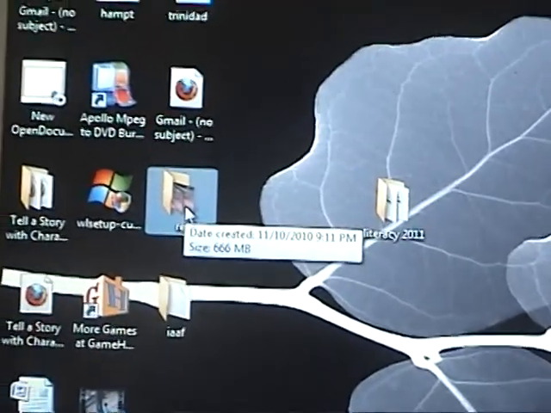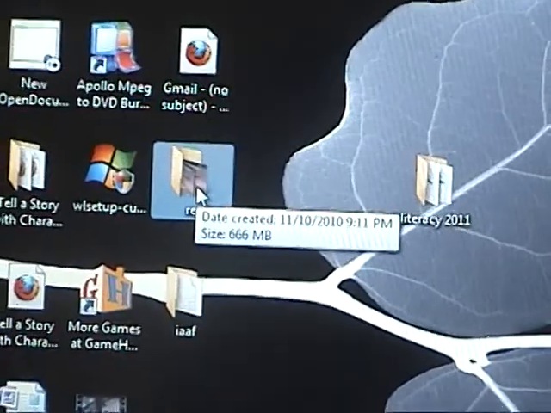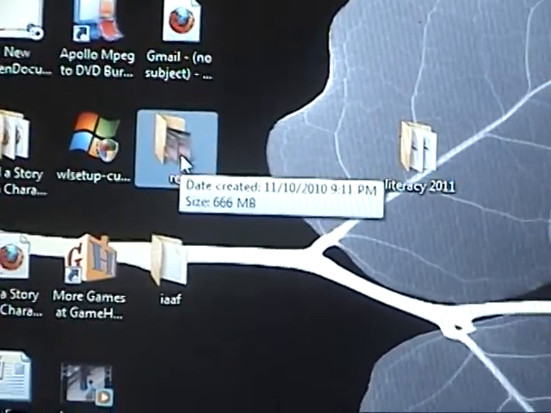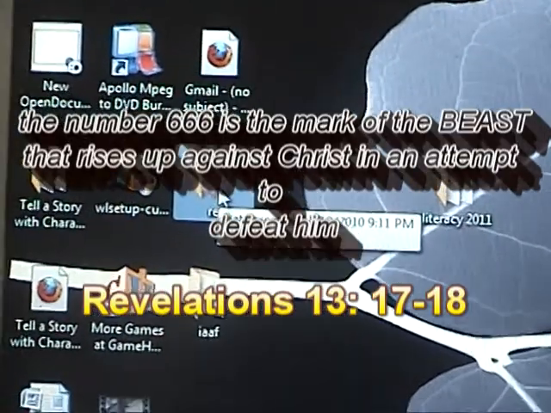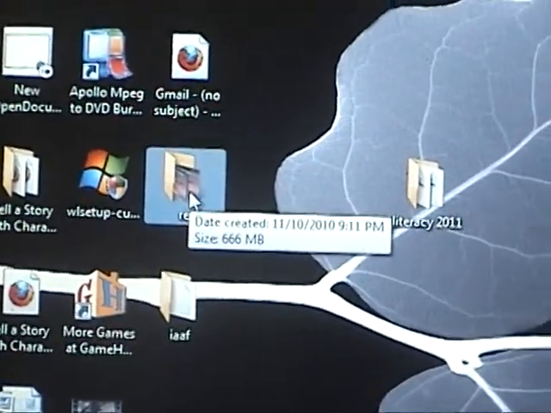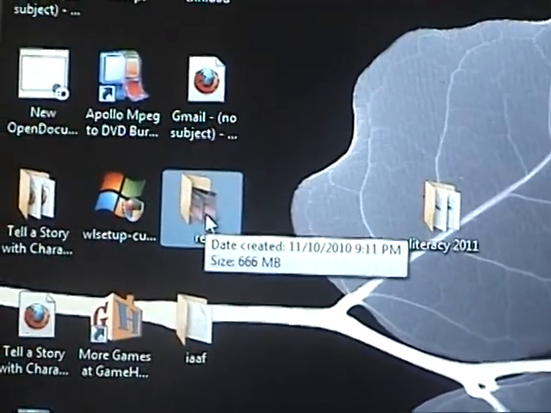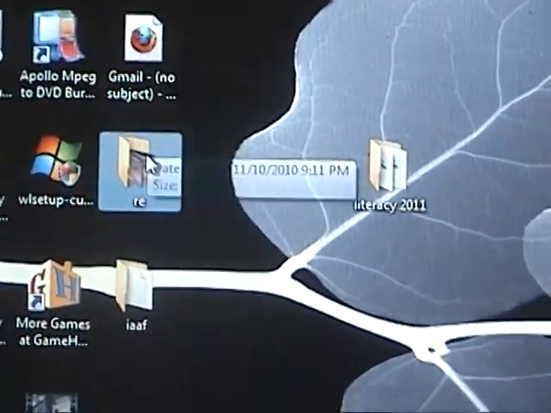To my surprise, when I came back to the folder and I began to check on it, you click on it, you will notice that as you put your cursor on this folder, it is saying that the folder is 666 megabytes. 666. It is not 666.1. It's not 669. It could have been any size. Now, that's a very skillful feat to be able to put together a number of videos in order to get a weight of exactly 666.